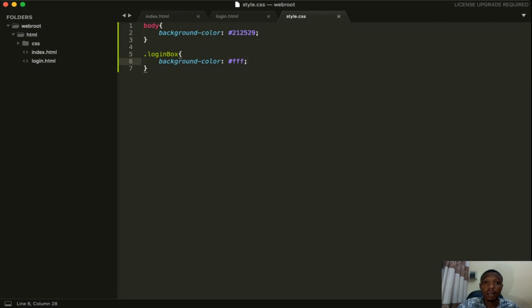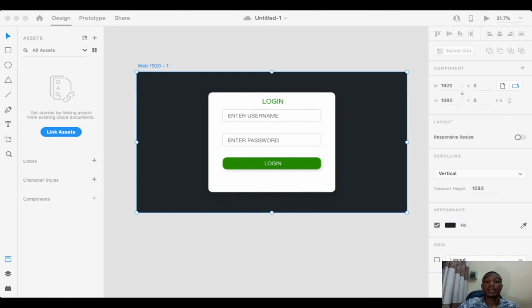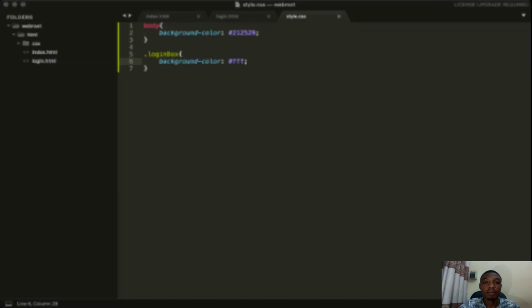One thing we can see from the design is that the login box is down, and you can see it is a little bit centered with margins at the left side and the right side. We can equally achieve that by pushing in the box, that means by using padding on it. I want us to do that by using padding. Let's go to our code, the login box. We are still on the login box. Let's say padding, let's say 50